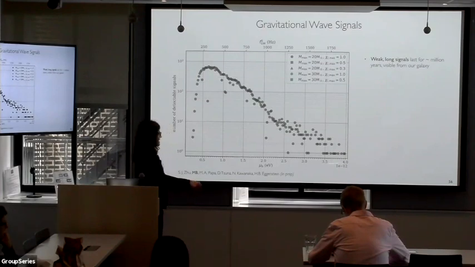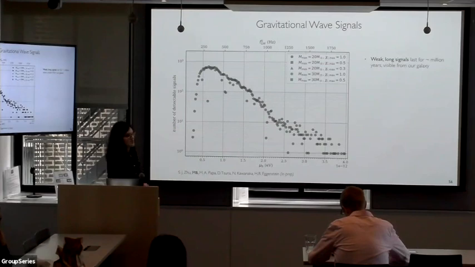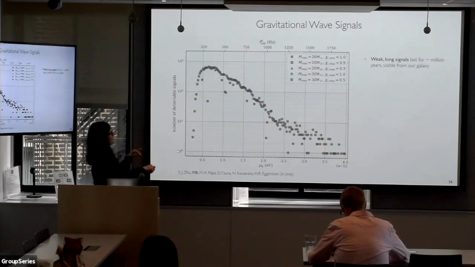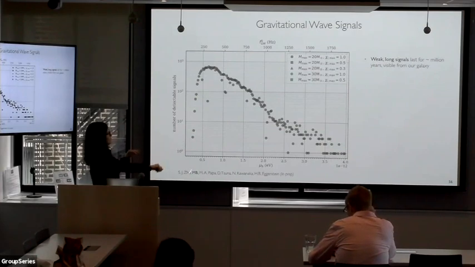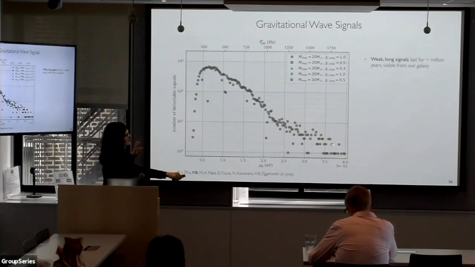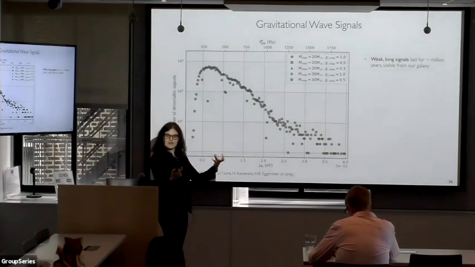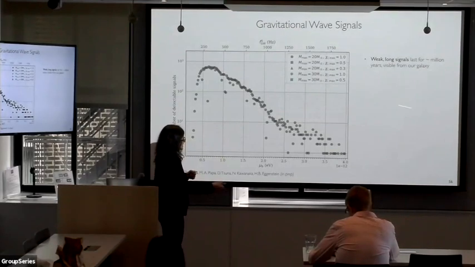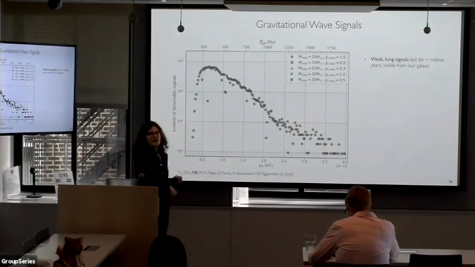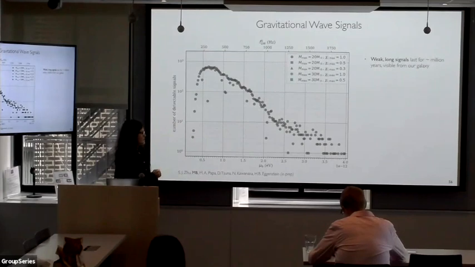So the x-axis here is the boson mass. The y-axis is the number of detectable signals. And you can see that there's a characteristic shape here. At the low end, it falls off because there's not enough heavy black holes. And also here is around where you start hitting the LIGO noise wall. At the high end, the signals become weaker because the black holes become lighter. There's less energy that's being sourced by the black hole. And again, the sensitivity of LIGO is decreasing at these high frequencies.